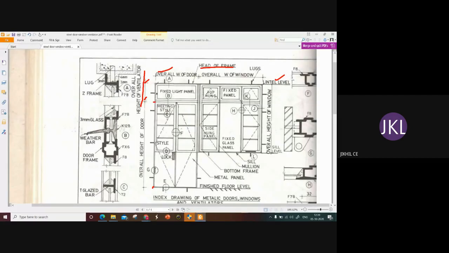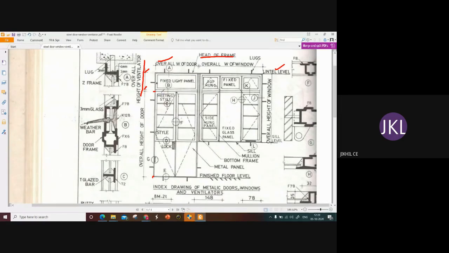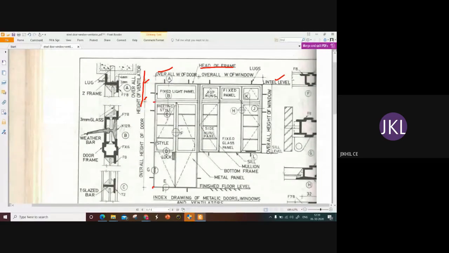And for the door in this figure, there is a fixed light panel, and then this entire region, I'm not drawing over this figure, this entire region from here to here is the glazed modules, or these are all glasses, for the better visibility. And if you see the connection A, that is the connection at the head of the frame. So we have the lintel.